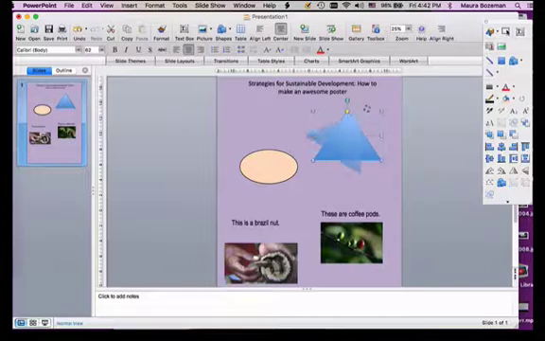So this, I asked you to turn it upside down. So this is how you turn it upside down. So you can rotate it with this little green thing. If you click on it, and then you can move it. So that's one way. Another way, I'm going to move this upside down. All right, another way is to go to this